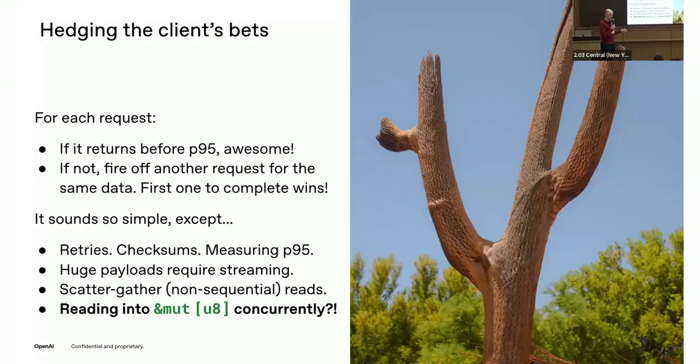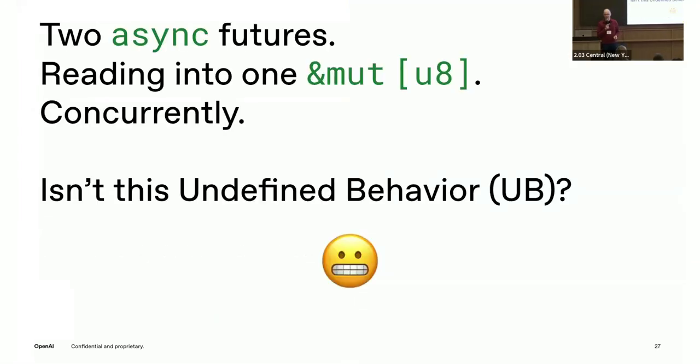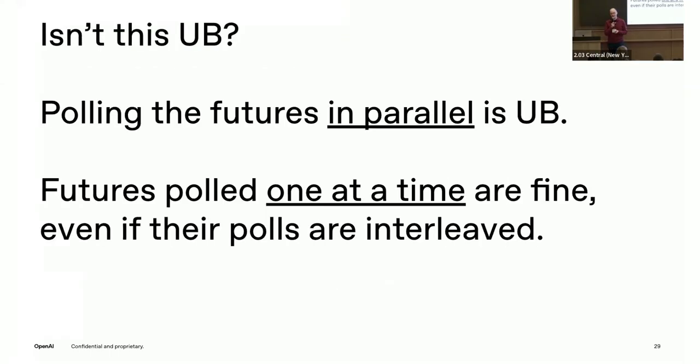So the bottom line here, remember we're writing Rust, is like, wait, hang on, we're writing to a mutable slice of Rust u8 from multiple places concurrently with all of this extra stuff going on. I mean, isn't that undefined behavior? Like, clearly, right? Just aliasing straight up, just toss this idea out the window. We can't do this, right? And to be fair, I also thought this, but as it turns out, if you walk a very, very, very fine line, you can pull this off, okay?